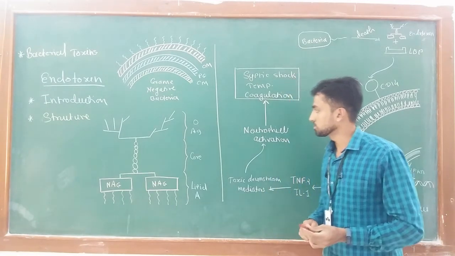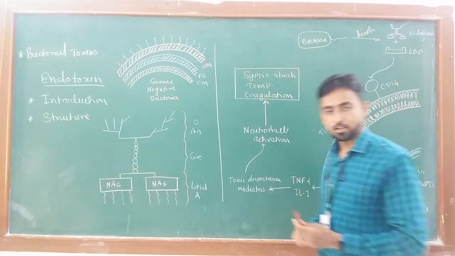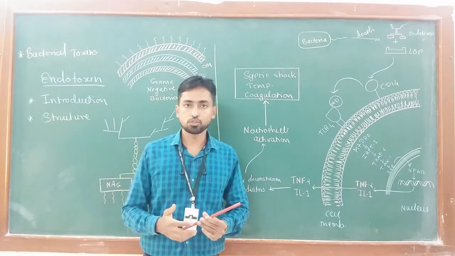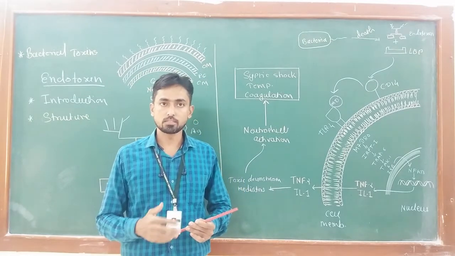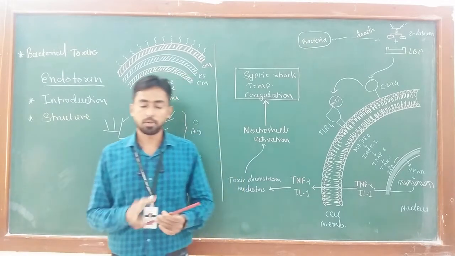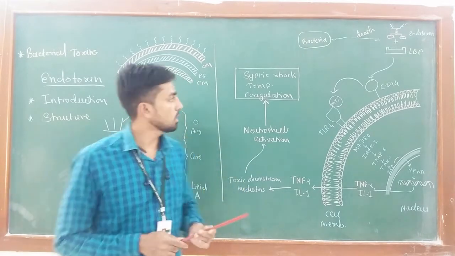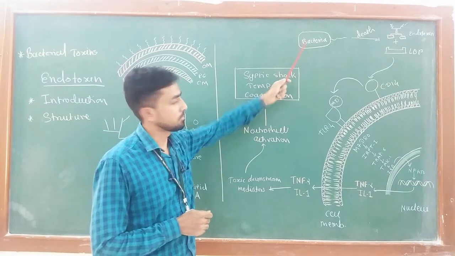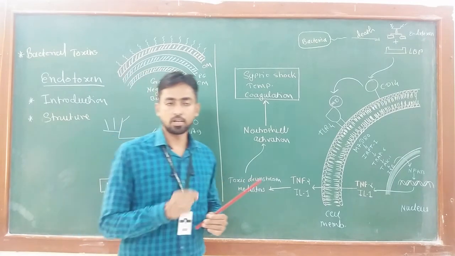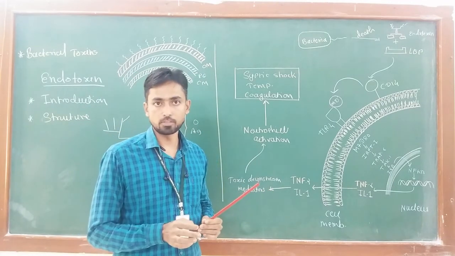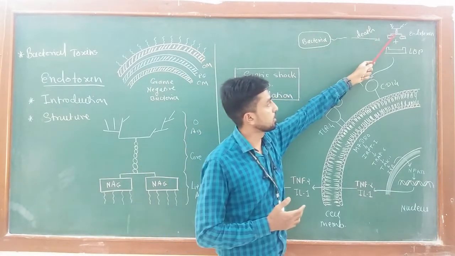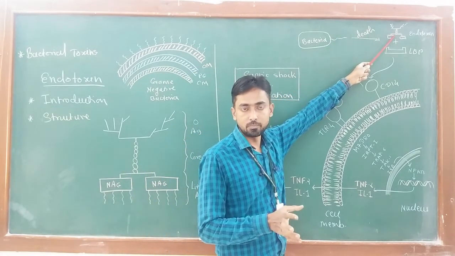Now we are going to focus on the mode of action of the endotoxin. Endotoxin generally serves as a pyrogen which ultimately leads to an increase in body temperature, and due to some endotoxins fatal septic shock can occur. When bacteria are present inside the body in living condition, they generate very little endotoxin or lipopolysaccharide. But after death of the bacterial cell, a large amount of endotoxin is released in the blood.